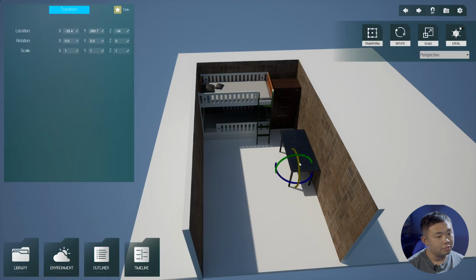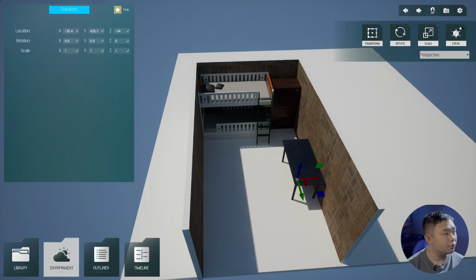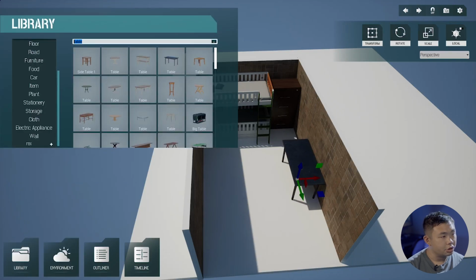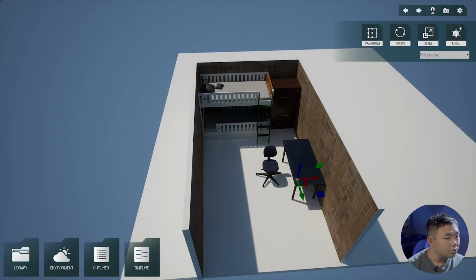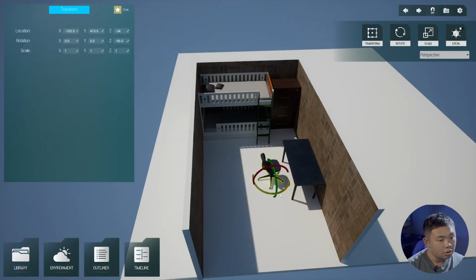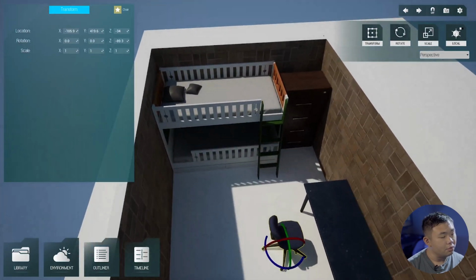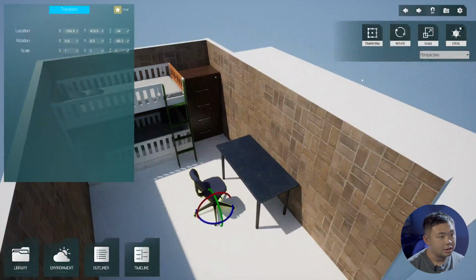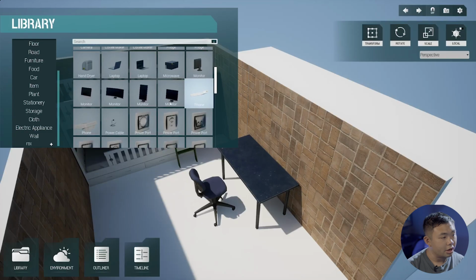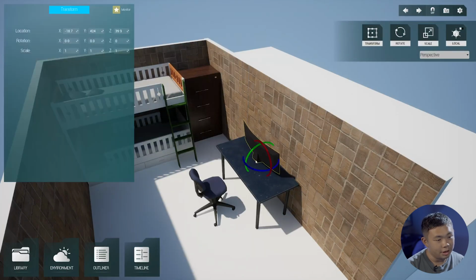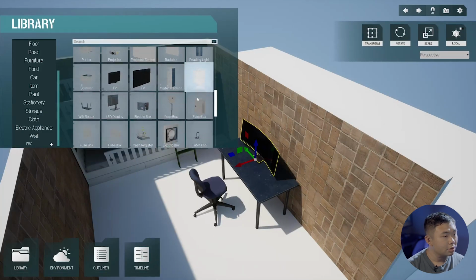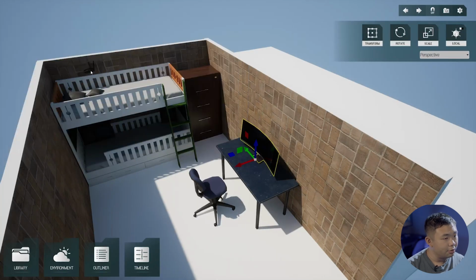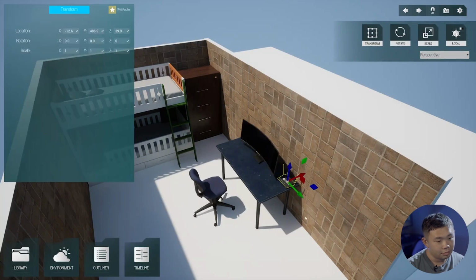And then, do we want a chair? Yes, of course. So we search a chair. Maybe a normal computer chair. Alright, maybe we want a computer screen. Let's see whether we have it. We go to electric appliances. So put a monitor there. Do we have something more? Maybe put a router here.